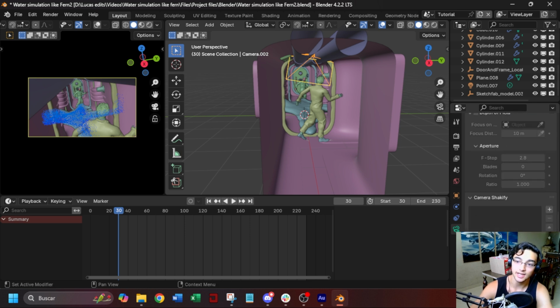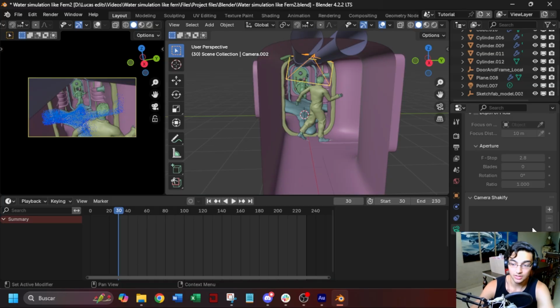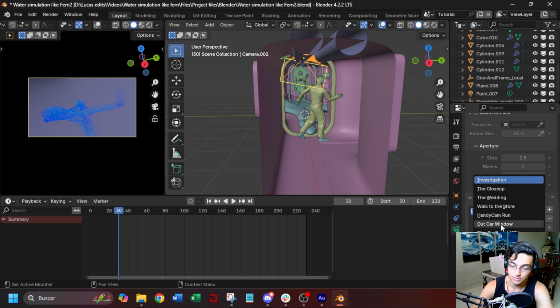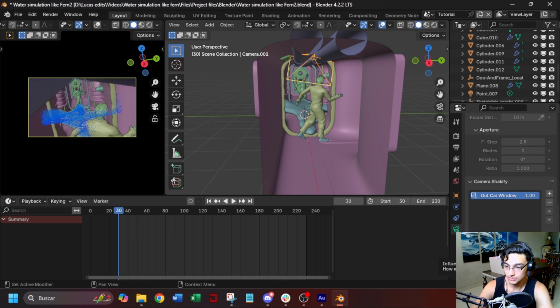and I have this add-on that is called Camera Shakeify. Just look for Camera Shakeify in YouTube, and the first video has a link and it shows you all the installation process, and it's super easy and also a super good add-on, and it's free. So after you install the add-on, just press here plus, and the preset that gave me the best results was Outcar Window, and reducing the influence to something like 0.5, and let's see,